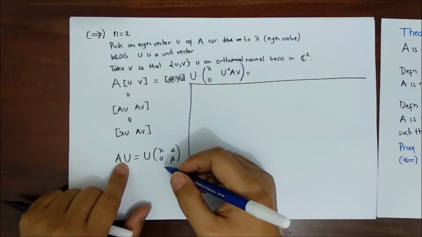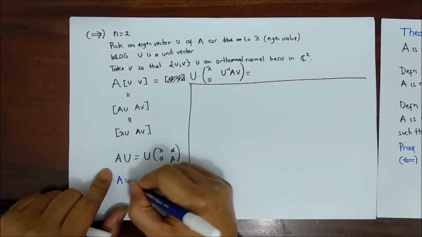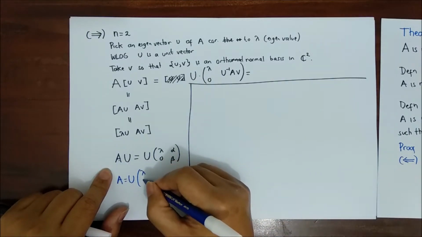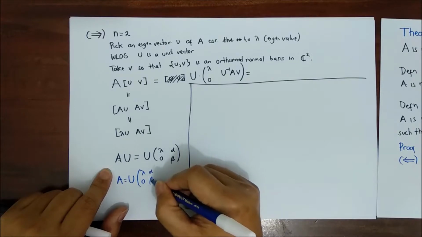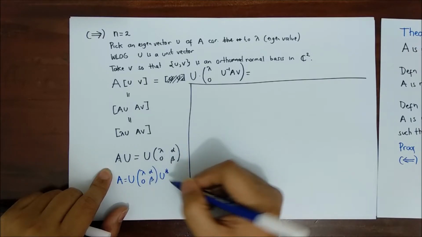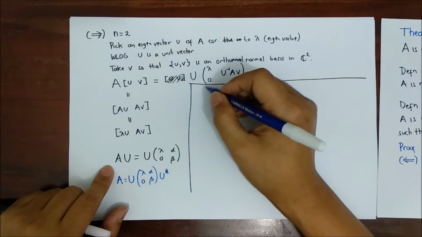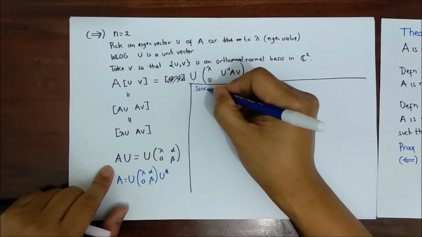So you can write this A as U times the matrix (lambda, alpha; 0, beta) times U star, and using the assumption that A is normal,